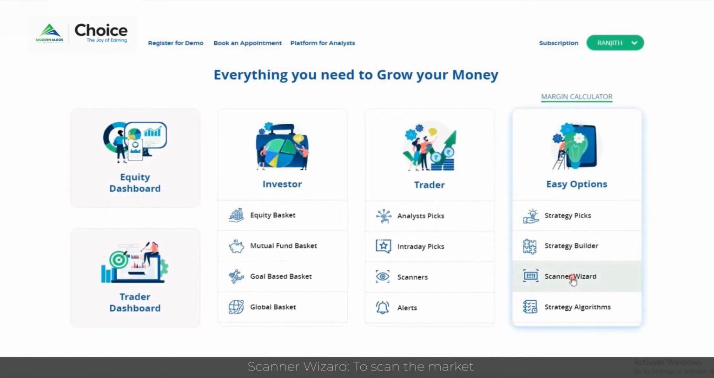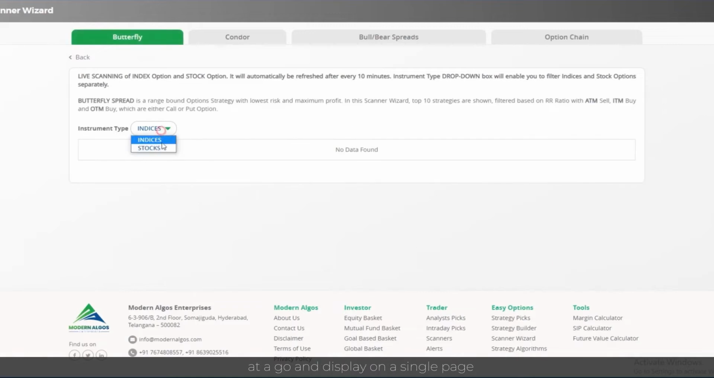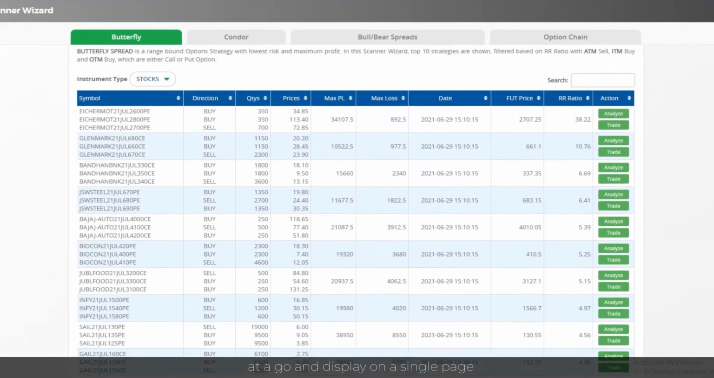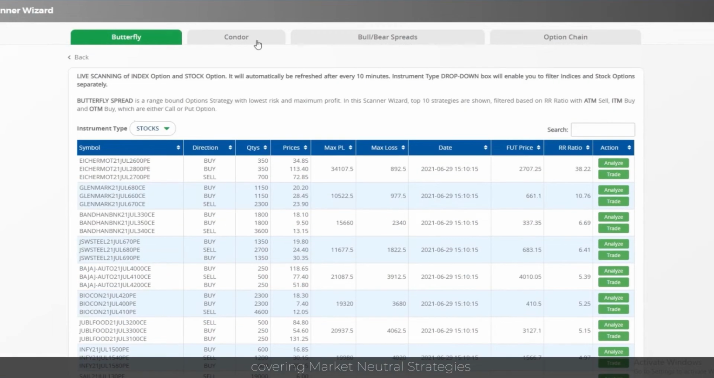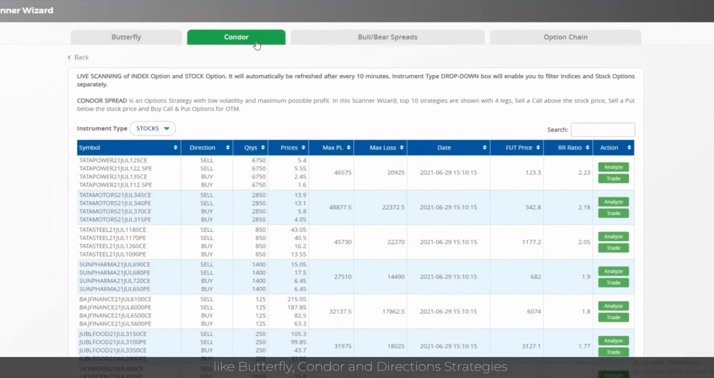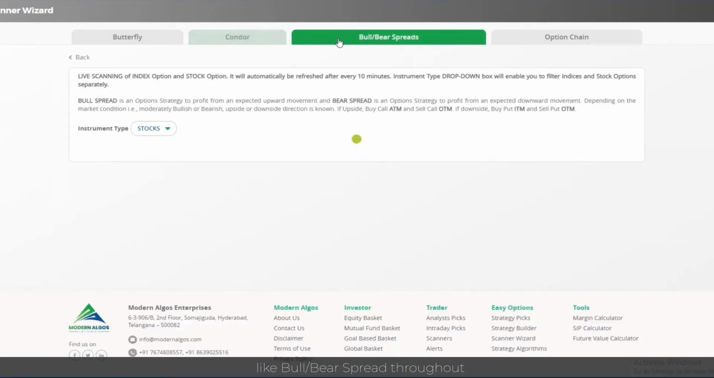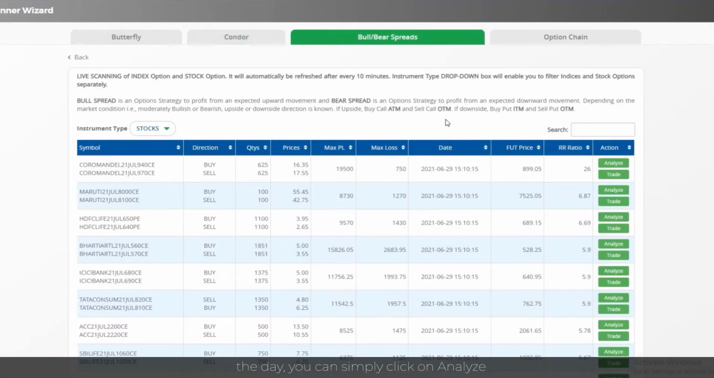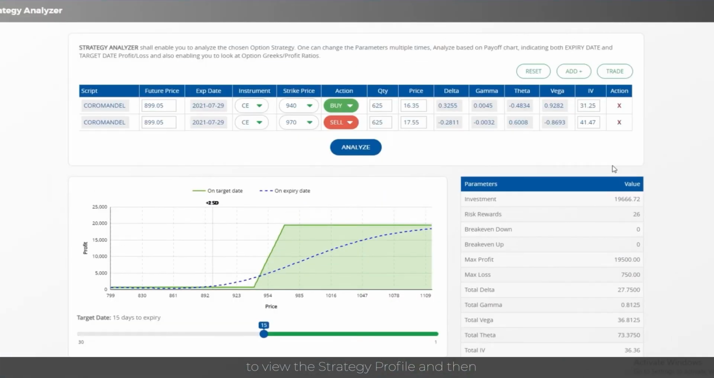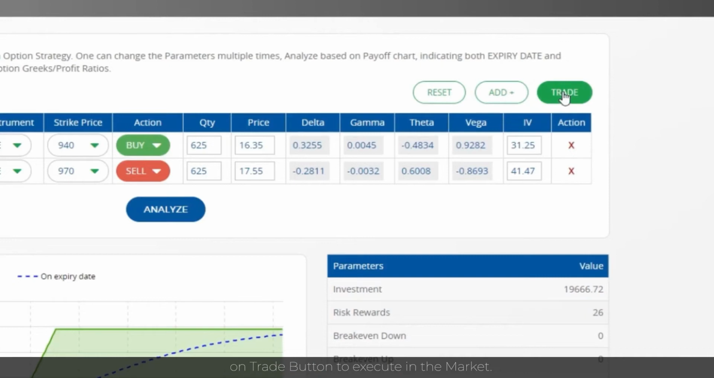The Scanner Wizard scans the market at a go and displays it on a single page, showcasing market-neutral strategies like butterfly and condor, as well as direction strategies like bull or bear spreads throughout the day. Just click on the Analyze button to view the strategy profile and then on the Trade button to execute it